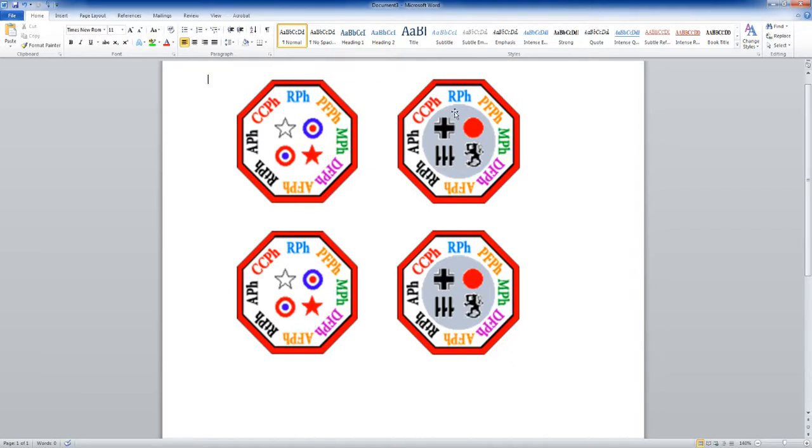This way, when you're rotating your counter, when that player's turn is done, you can just flip it over, and on the back side you'll have the other one. If you wanted to not do that and just have multiple phase discs, you could do that as well. It's a little easier that way. You don't need to cut it out and try to line everything up and make everything perfect. But if you can,